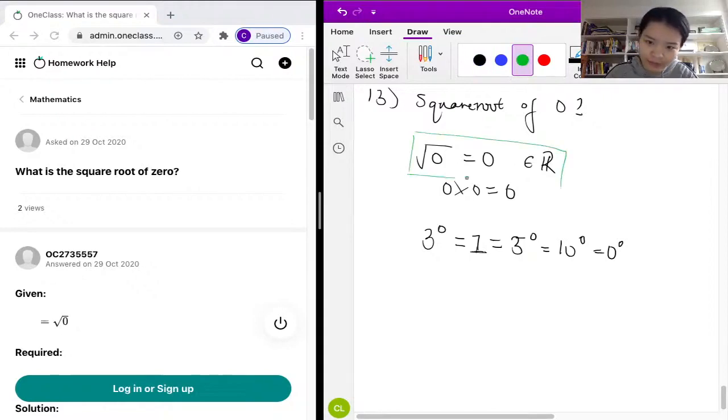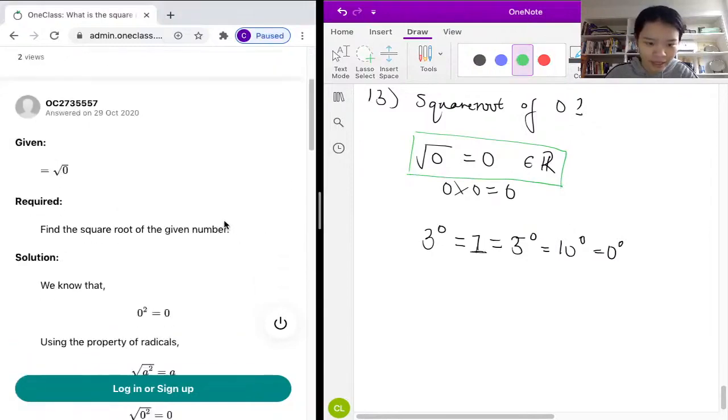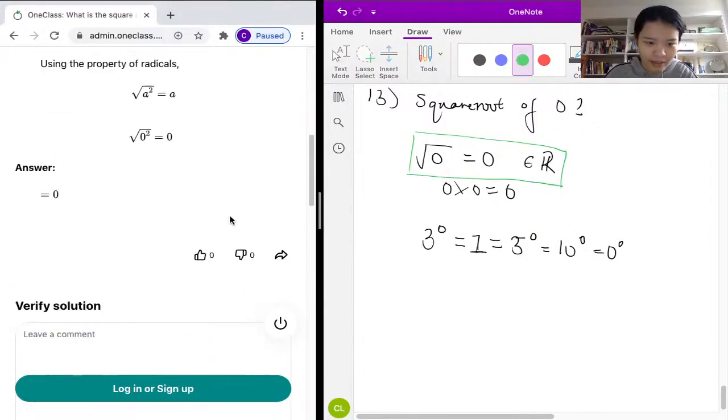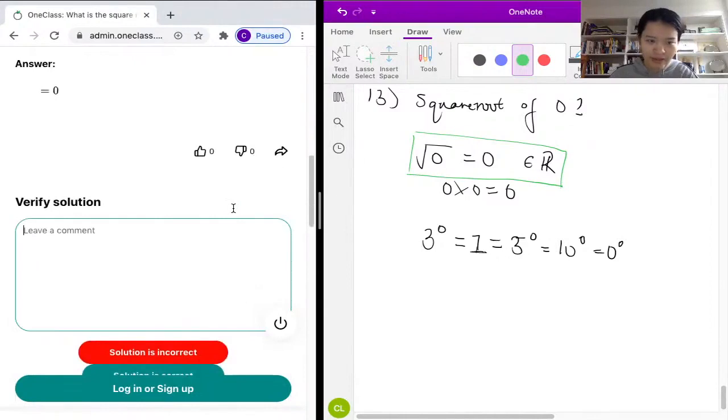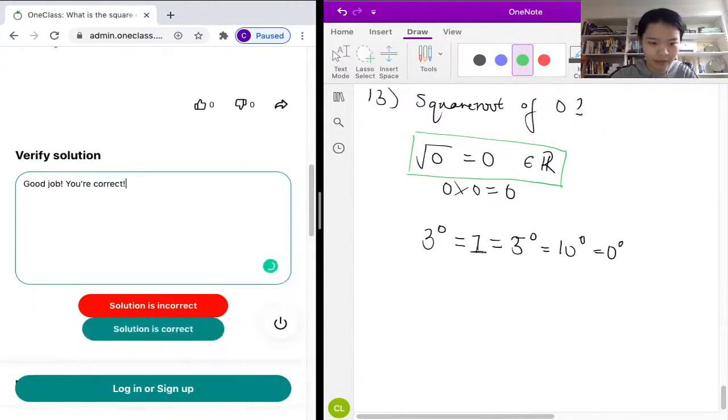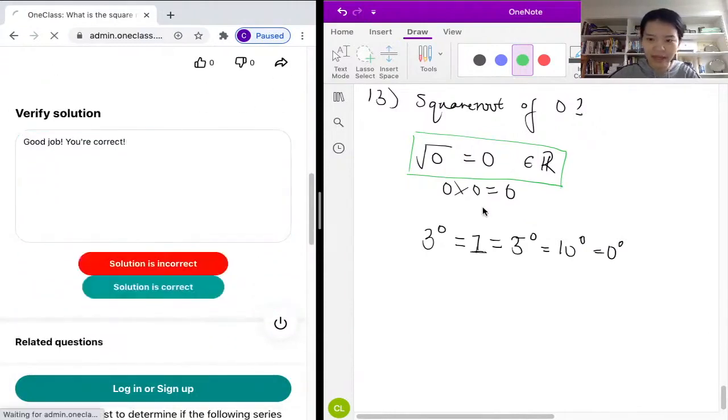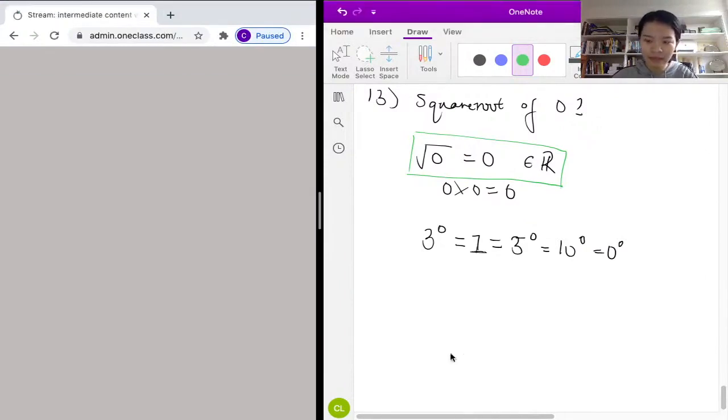all. Okay, let's look at a sample solution here. Yes, it says that the square root of 0 is 0, which is entirely correct. So let's say, good job. You're right, you're correct. And the solution is correct. Now let's look at our 14th